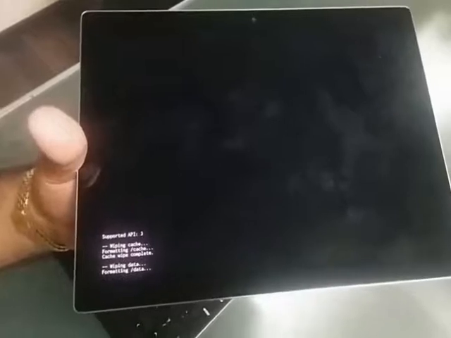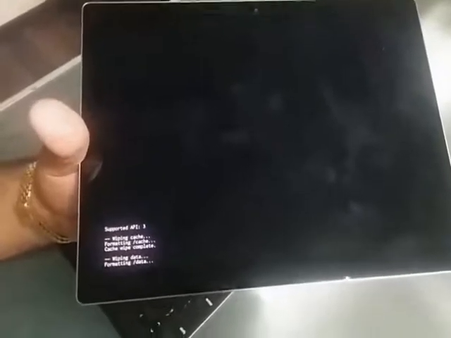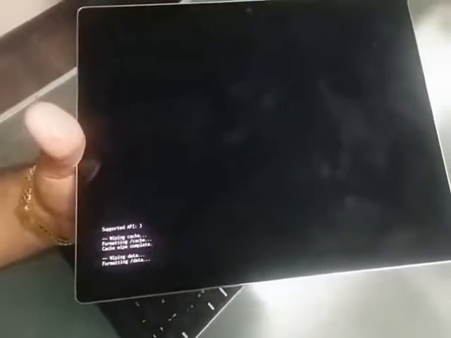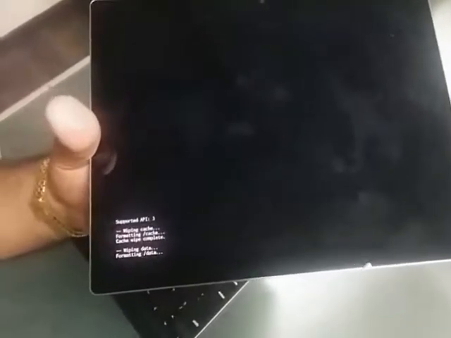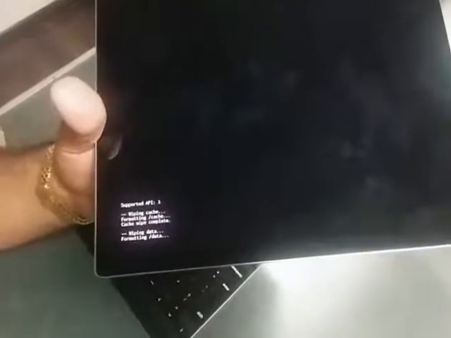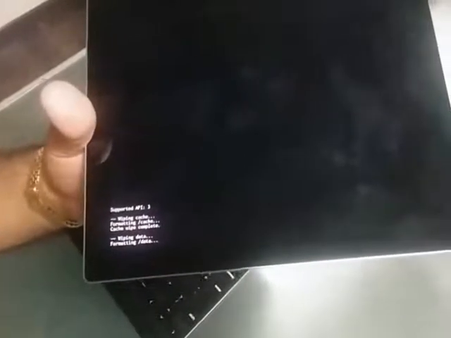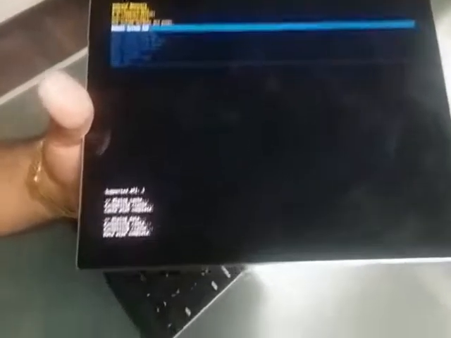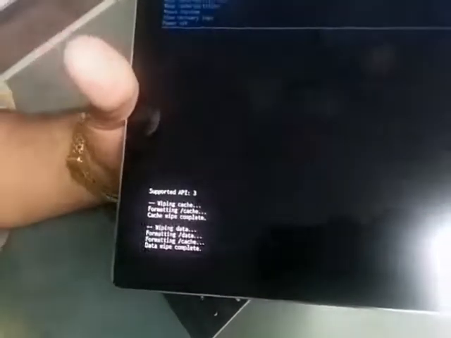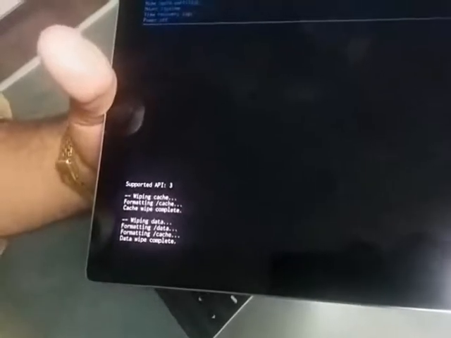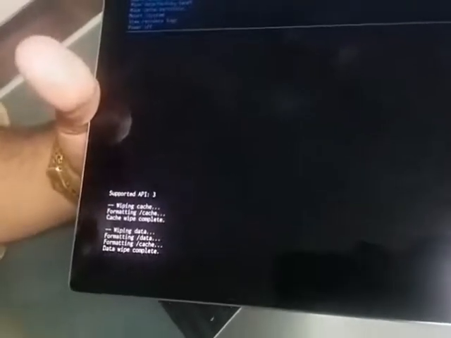It will take some more time to wipe the data. You have to be patient. Don't press any button. Okay, the process is complete. It shows wiping data, formatting cache, data wipe complete.